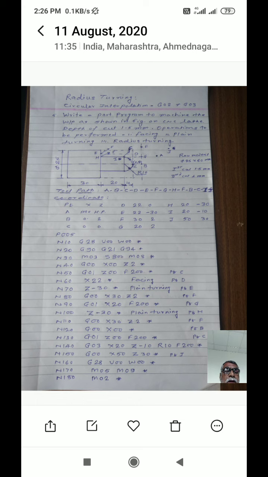Before that, as mentioned in the problem, depth of cut is 1.5 millimeter. Then you have to decide how many cuts are required to perform the machining operation.